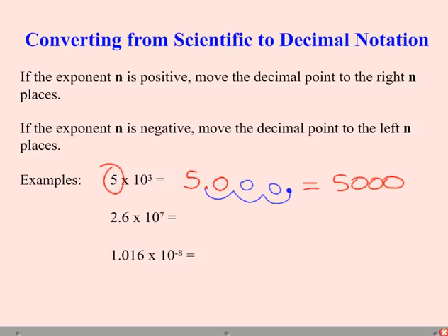Our next example, 2.6 times 10 to the 7th. Once again, the exponent on the 10 is a positive number. So we're going to move the decimal point in 2.6 7 places to the right. So we have 2.6, and we're going to move our decimal point 1, 2, 3, 4, 5, 6, 7 places, putting zeros in all the new place values. And so the number 2.6 times 10 to the 7th